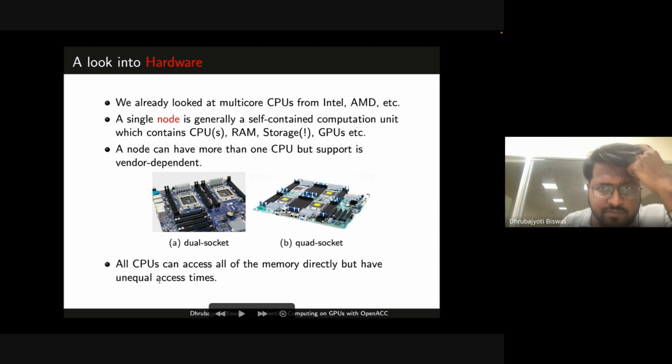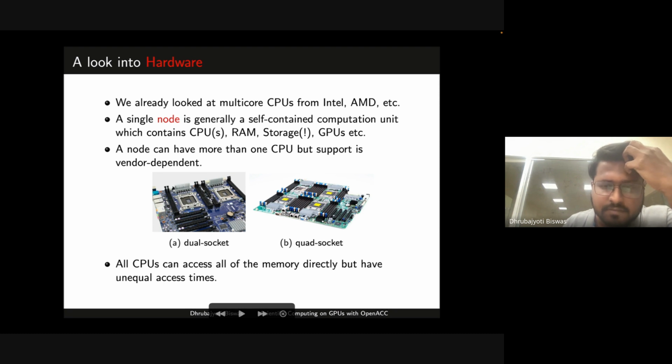What is the feature of this sort of a system? All the CPUs, let's say this system has 2 CPUs, this system has 4 CPUs, all of them can have direct access to your RAM. So you see in these pictures, there are the RAM slots beside each of these sockets, right? The black lines, these are the PCI slots, but these which are just beside the CPU, these are your RAM slots. You can put many RAM sticks into it, and all the CPUs here have direct access to